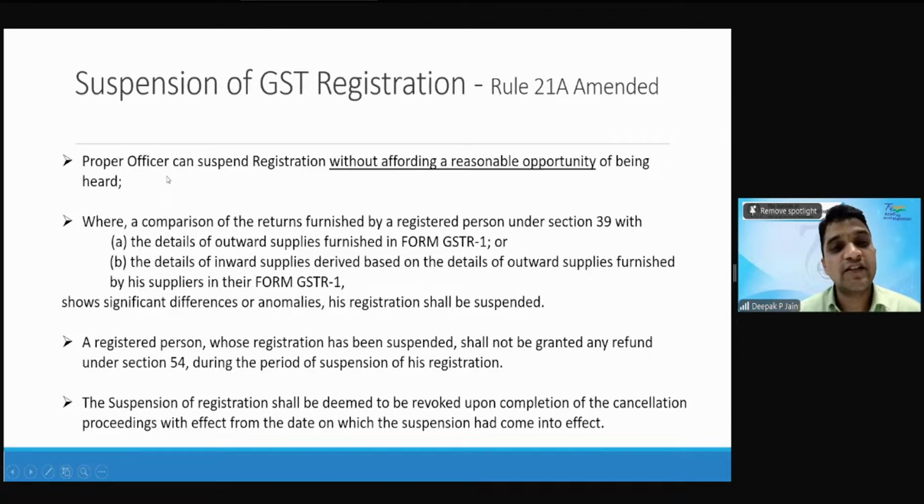Suspension of GST registration. Proper officer can suspend registration without affording a reasonable opportunity of being heard. Without opportunity दिए भी वो suspend कर सकता है when a comparison of the returns करने पर आपके GSTR 1 में डिटेल्स ज्यादा है GSTR 3B से, या फिर आपने इनवर्ड लिया है, ITC क्रेडिट क्लेम किया मोर देन व्हाट इज देयर इन योर GSTR 2A, इस केस में विदाउट आस्किंग,